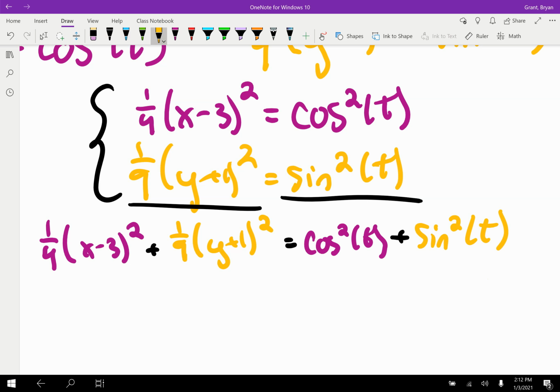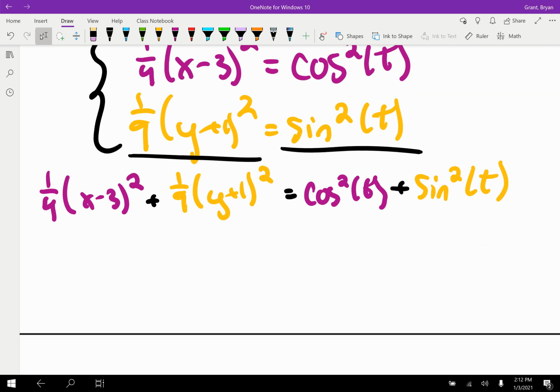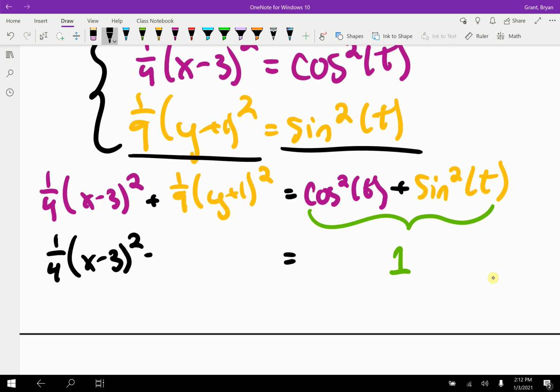Because isn't there one identity that, even though you don't really have to use it on the AP exam, pretty much everyone remembers coming out of trig? The Pythagorean identity, which tells us when we have sine squared of a variable plus cosine squared of that same variable, then doesn't that just become 1? And so from here, we end up with 1/4 (x minus 3) squared plus 1/9 (y plus 1) squared equal